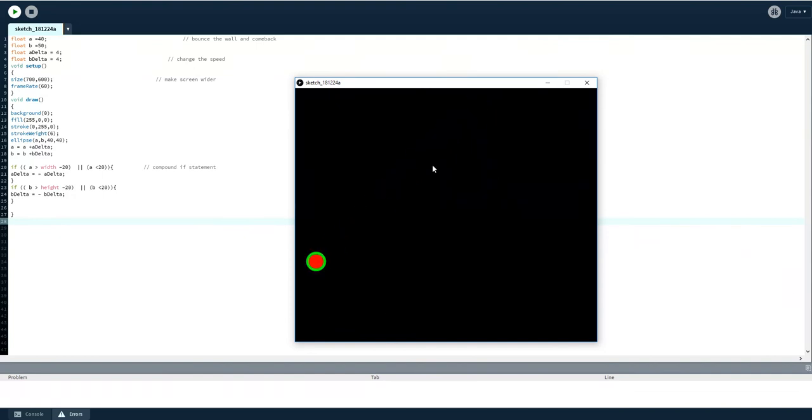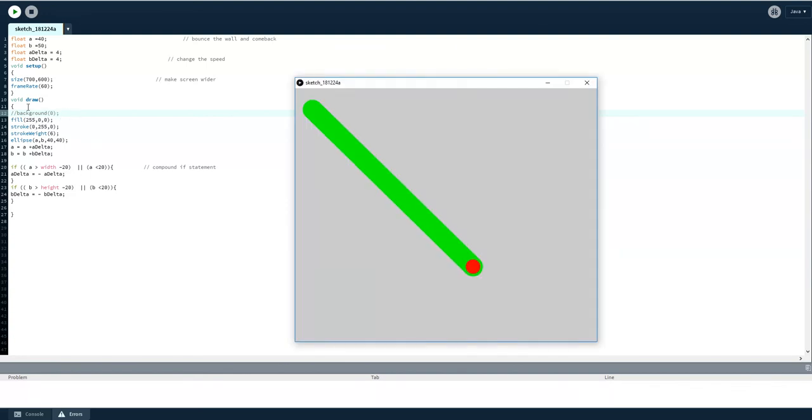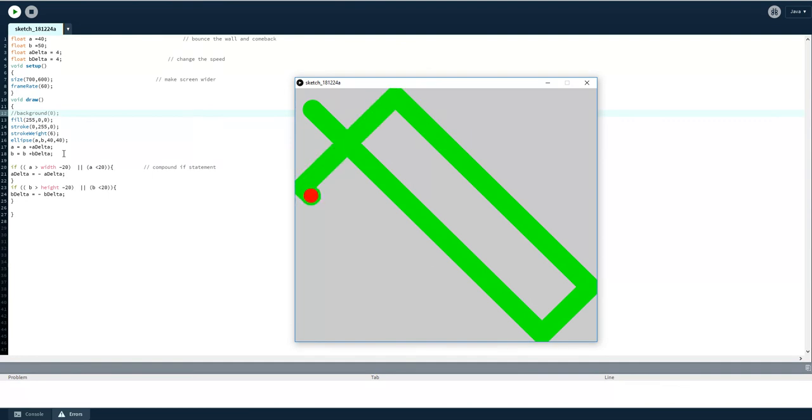But see, as I have told you about the comments section, if we put these two forward slashes, the background command is still there, but it is converted into a comment now. It will not run. Our screen will be gray now, because background 0 means black. If you want, you can delete it, but if you want, keep it here.